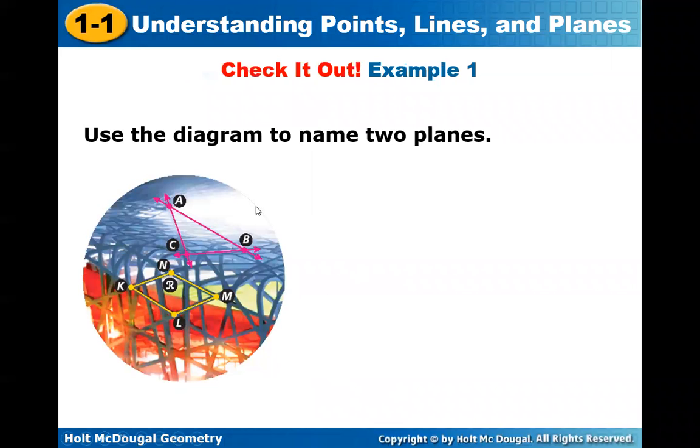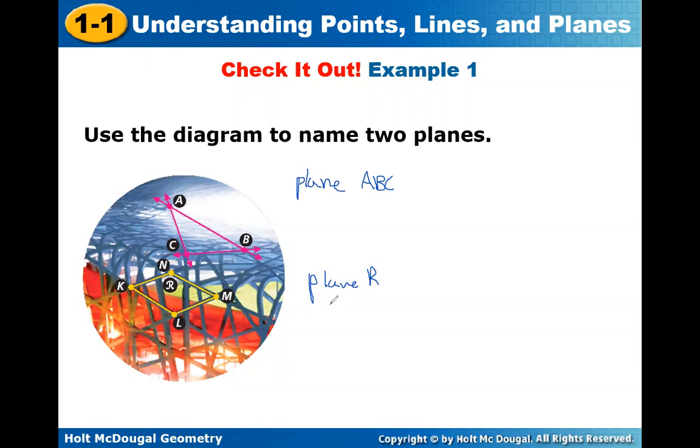All right, so you're going to have to gaze into this one. It's hard to see these lines. Use the diagram to name 2 planes. Well, like I said before, I only need 3 points to define planes. So in the case of the top one, all I need are those 3 points, plane ABC, right? In the case of the bottom one, I can call it plane R,